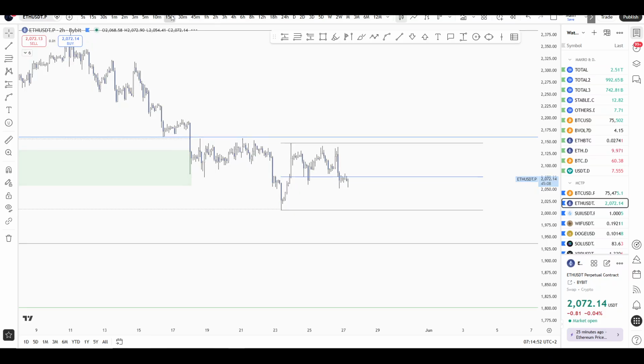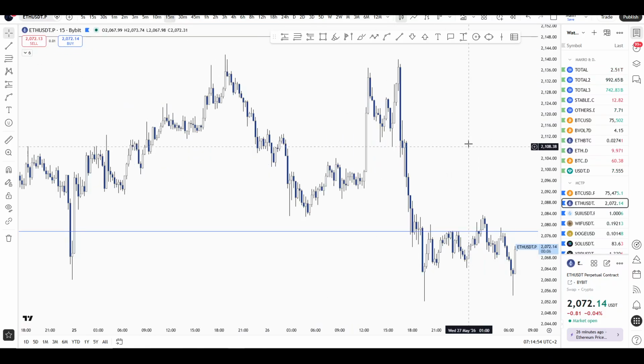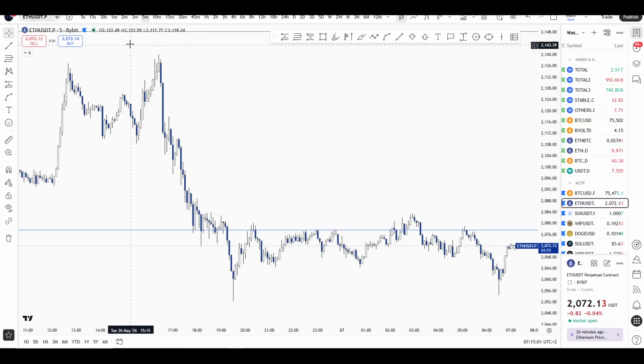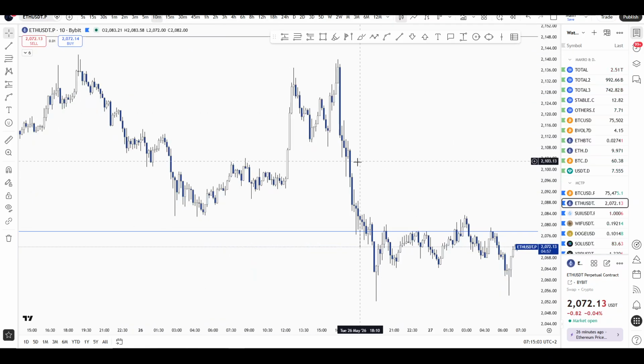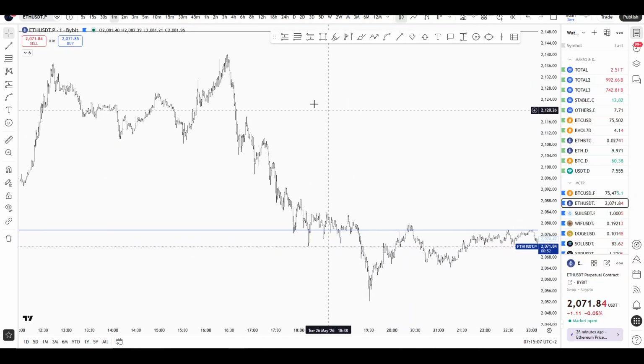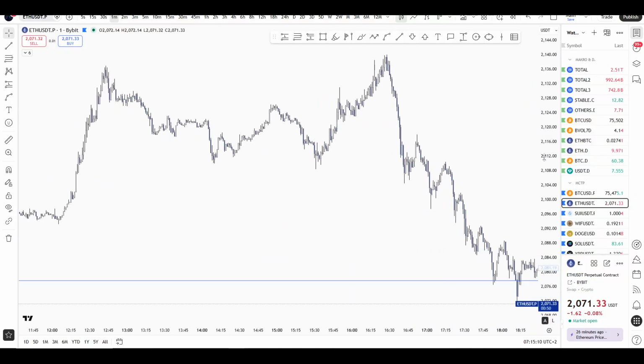It looks a bit awkward, yes, but still there is no real supply here. It looks like it, but on the lower time frame,